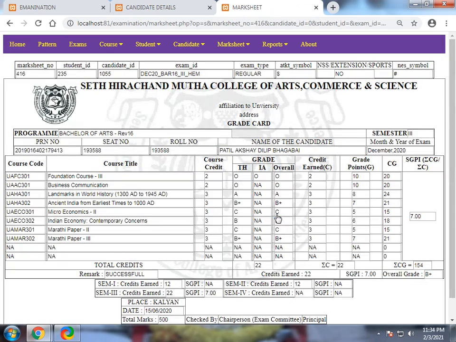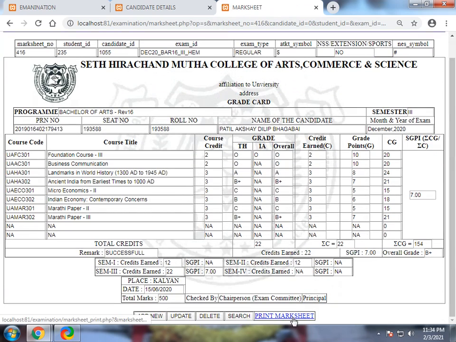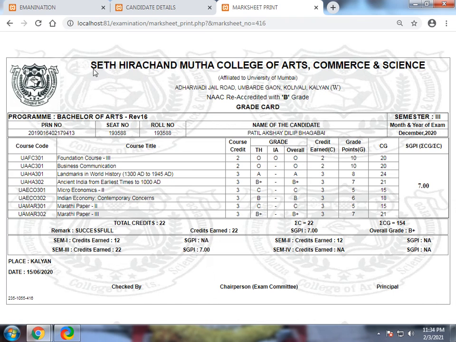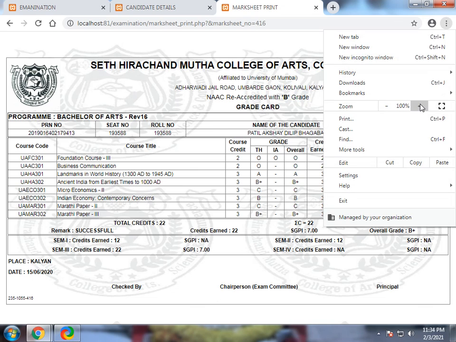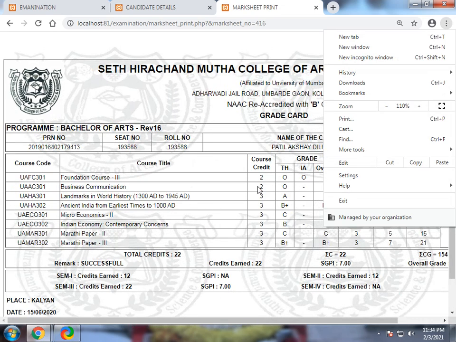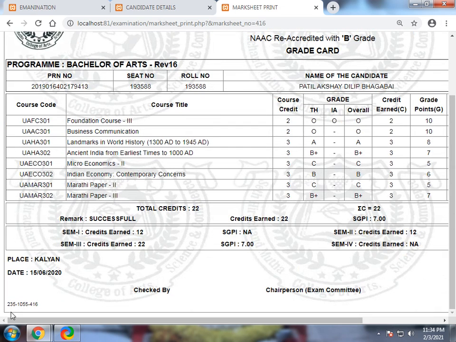Now you can see here, he is a BA student, Bachelor of Arts. In this lighter version, I will show you the particular details. This is a student ID, this is a candidate, and this is the mark sheet number.